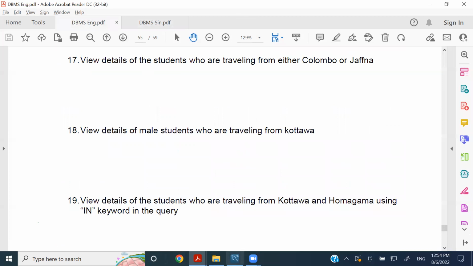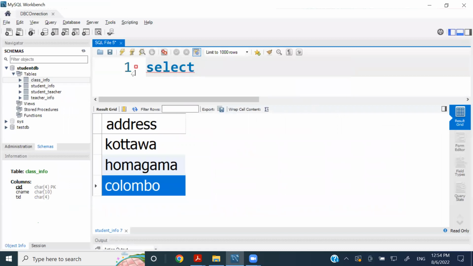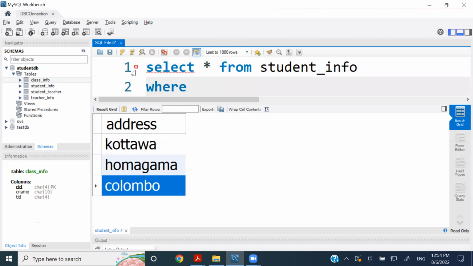So how are we going to write that? We have to say select all. Why are we saying select all? All the details of the record will be chosen. For a particular record, the entire detail should be chosen. So select all from student_info. Then we can take the where clause, where